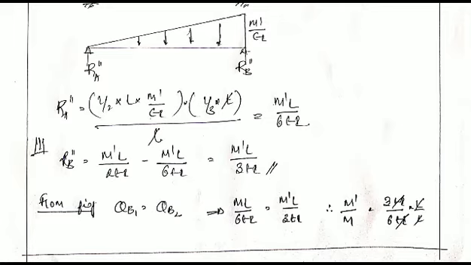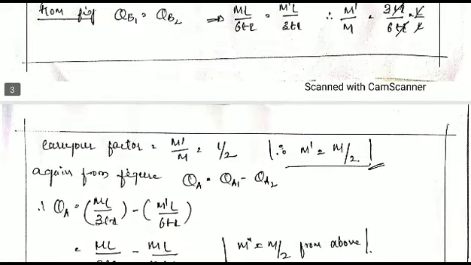So from the above figure, it is clear that the developed moment M dash at B is due to the moment applied at A point. So from the figure it is clear that the rotation at the first one, theta B1, will equal the rotation due to the moment developed at B, that is theta B2. So theta B1 equals theta B2. Theta B1 is nothing but ML by 6EI, while theta B2 is nothing but M dash L by 3EI. So from this we get M dash by M equals L and L cancel, EI cancels, left with 3 by 6. So M dash by M equals 1 by 2.